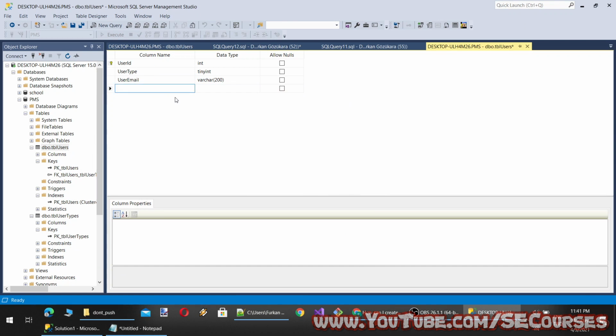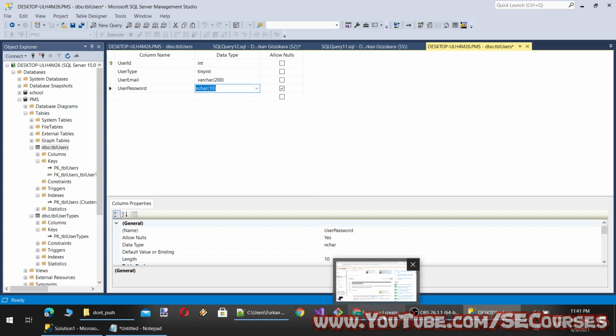We need a password. User password. We will keep the password with SHA-256 encryption, and we will also salt it.